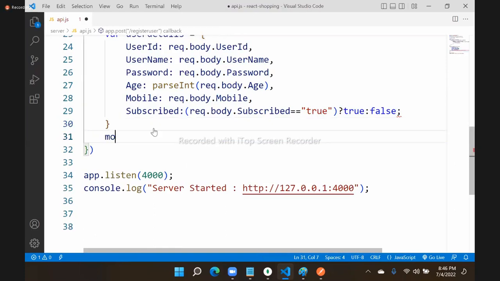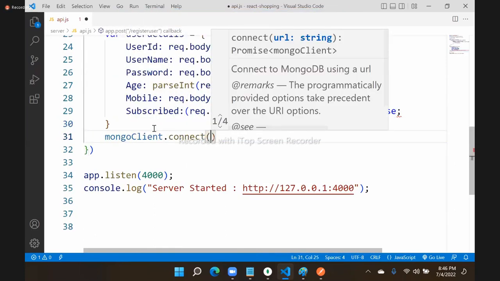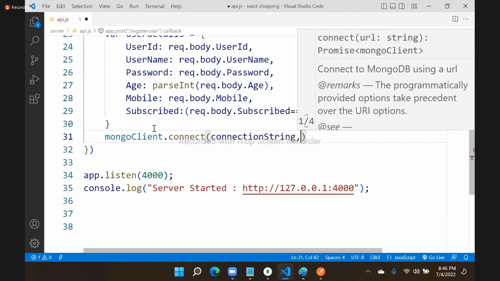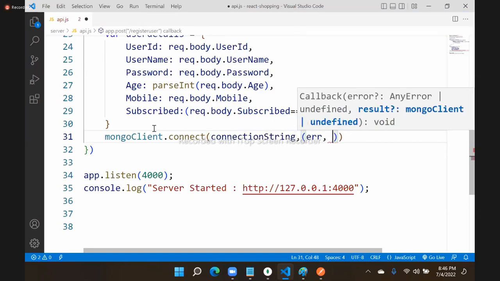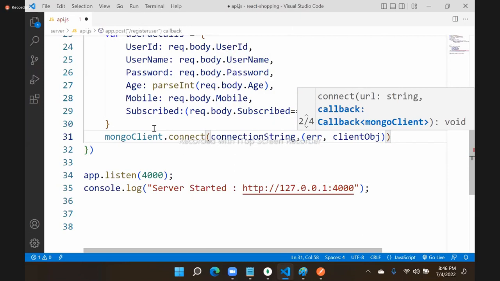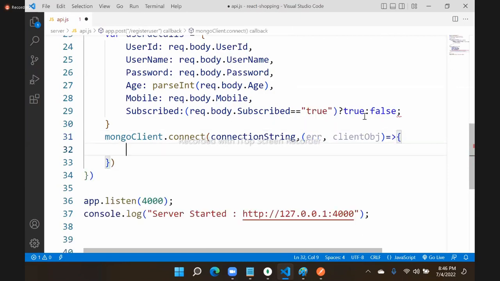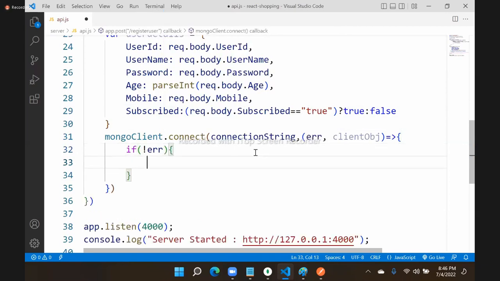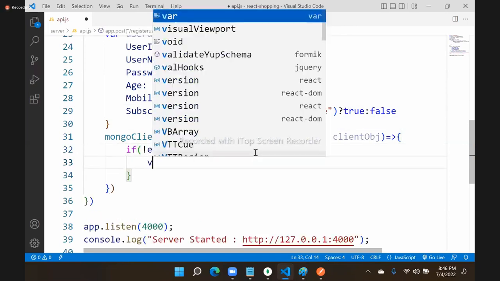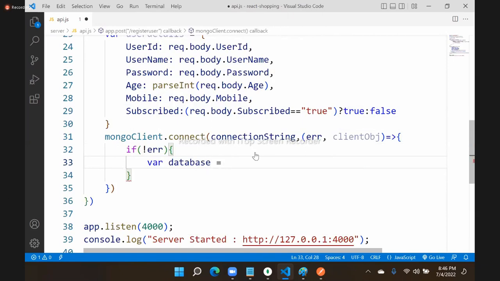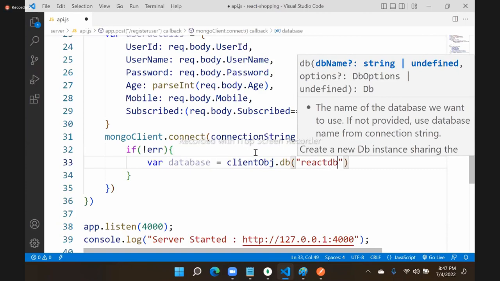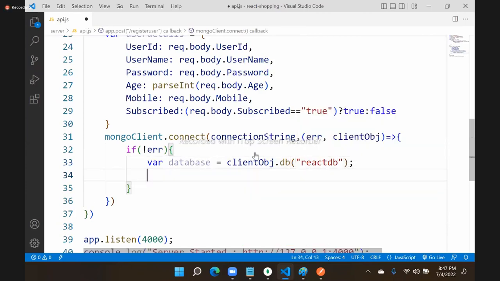Then we have to use MongoClient.connect again. Connect with what? The connection string, and it will return an error and then the client object. So what we will do now? We have to define another one. If there is no error, create the database. Using the client object's db method, access the database. What is it? ReactDB. After accessing,